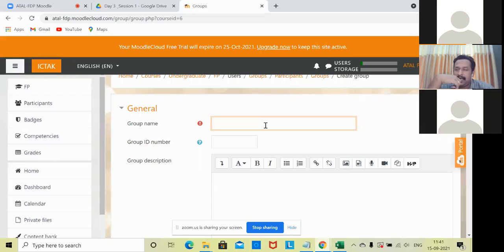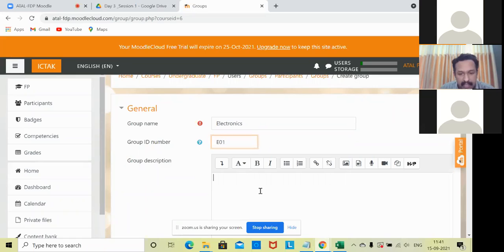Let us assume this is our maths group, and somebody in that group is interested to learn electronics. In that case, we can have a group here, which is the Electronics group. I'm just naming it E01.